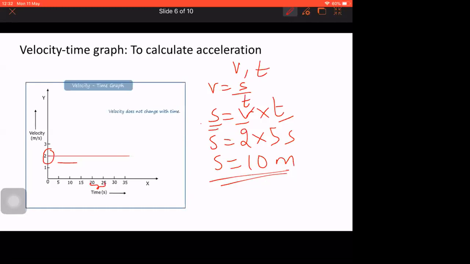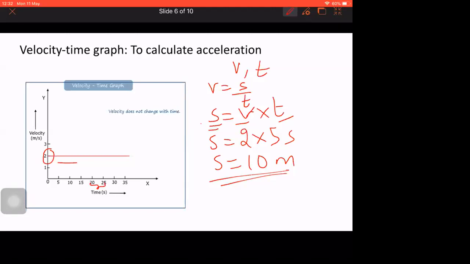But to confuse you, he might ask you. He will give a graph in this line and he will ask you to calculate acceleration. He did not do any calculation, just put it as 0. You can calculate only distance or displacement using this kind of graphs. Clear? This is the first segment of velocity time graph, where velocity is not changing with time.